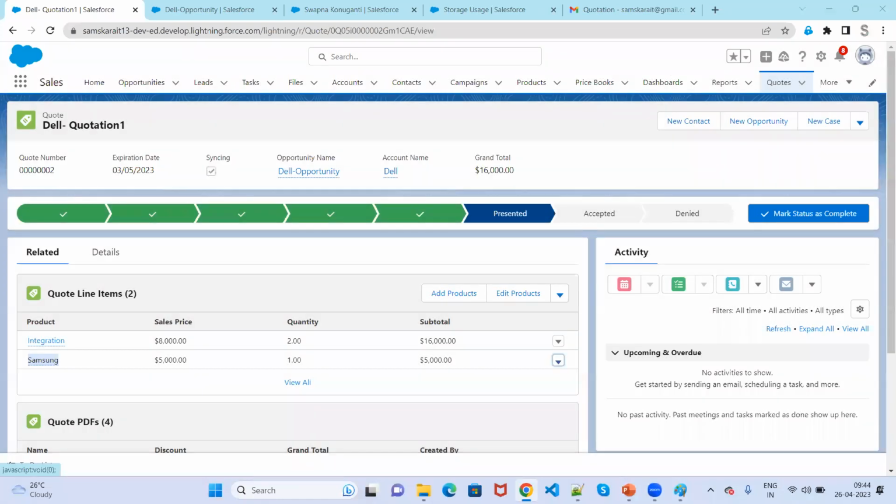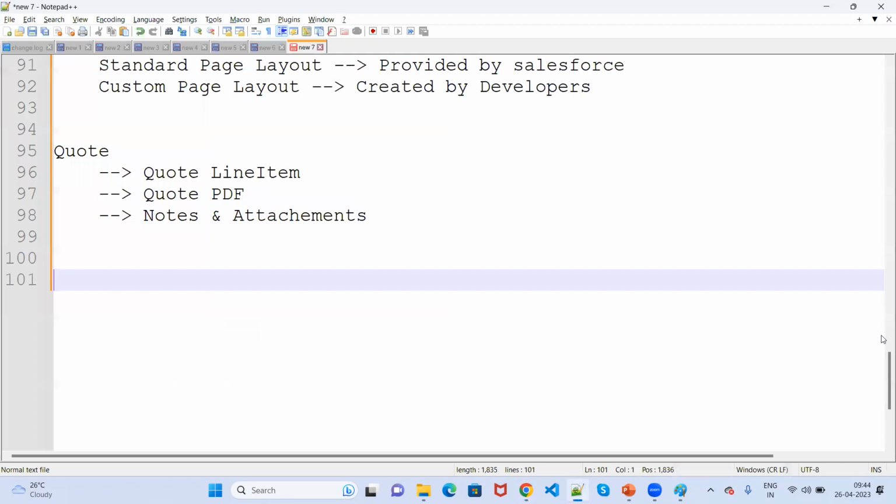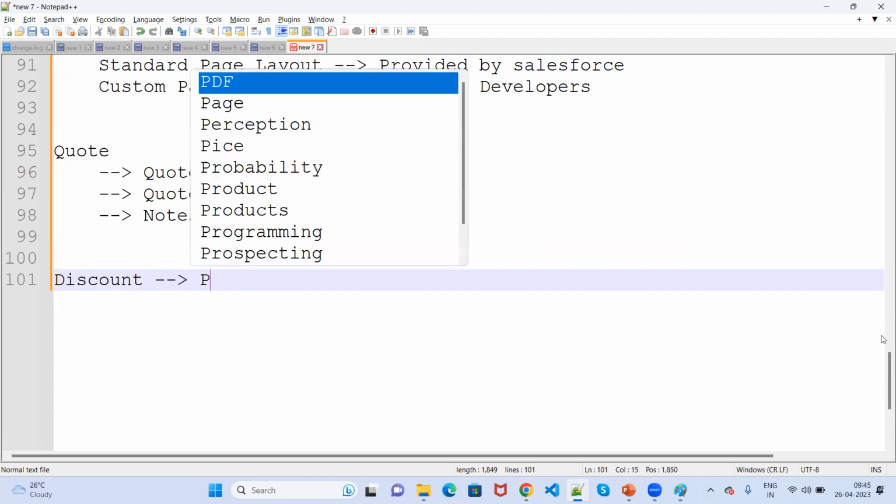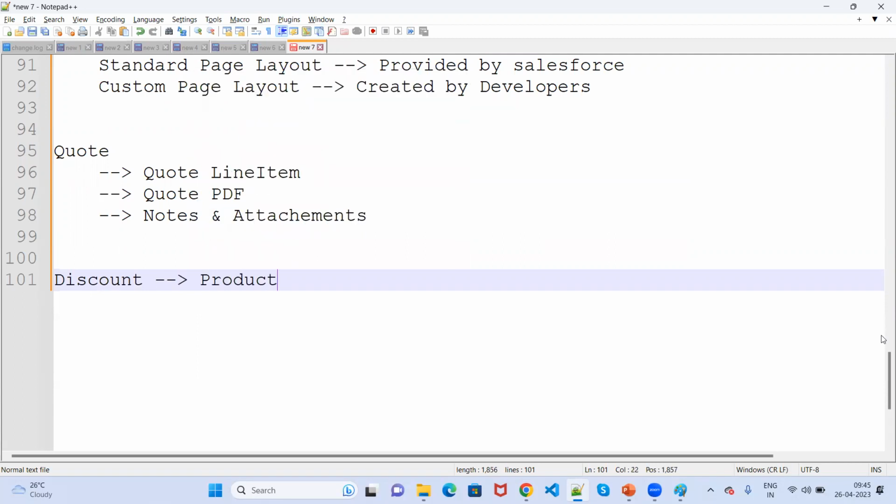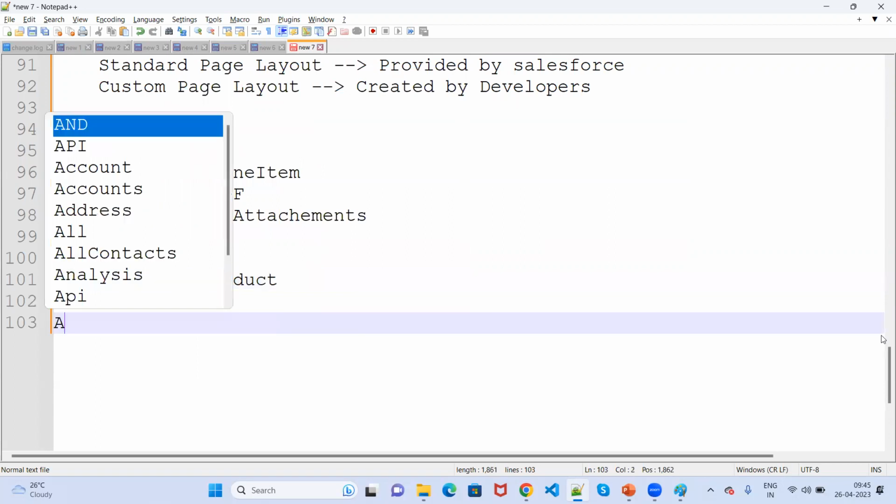Discount is only available on the product. So always, discount is based on the product. For each product, I can place a discount. So if you want to add a discount,